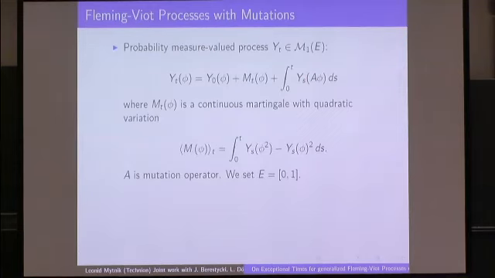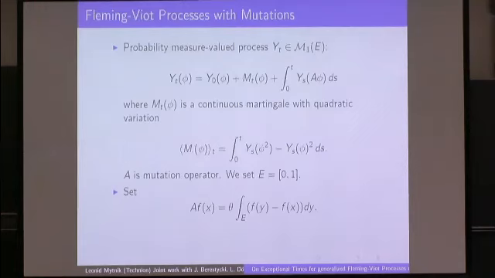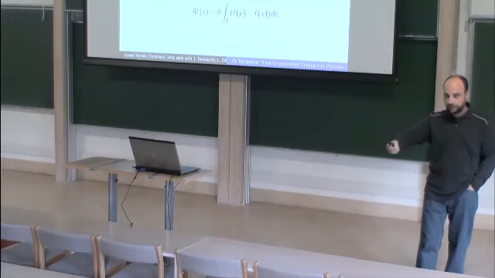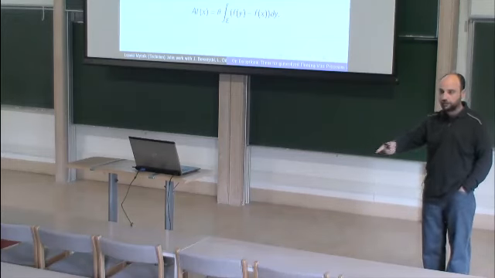Okay, in many models, you'll see A to be just a Laplacian operator, which means each particle, in some sense, chooses the closest type in the discrete model, some kind of nearest neighbor type of choosing. Or you can take any other one. What we'll take is so-called neutral mutation, which means that when the time clicks, each particle, no matter what type it had, if it does mutation, it chooses a type uniformly on the set E.